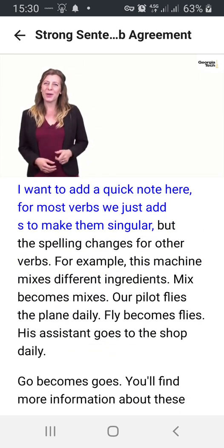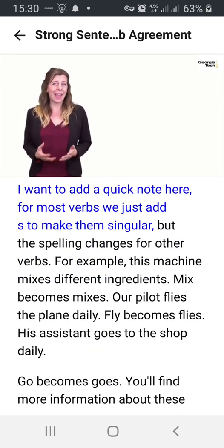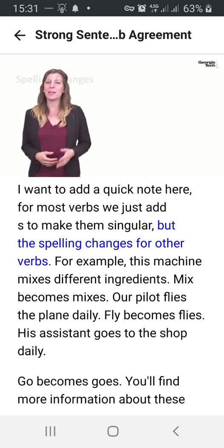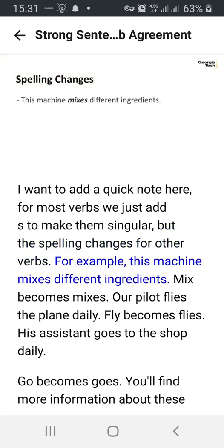I want to add a quick note here. For most verbs, we just add S to make them singular, but the spelling changes for other verbs. For example, this machine mixes different ingredients. Mix